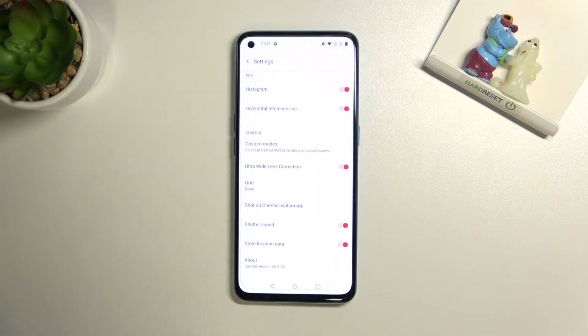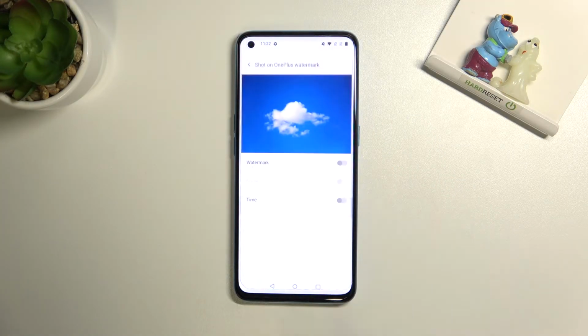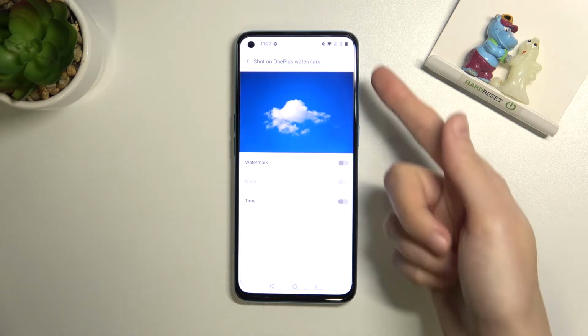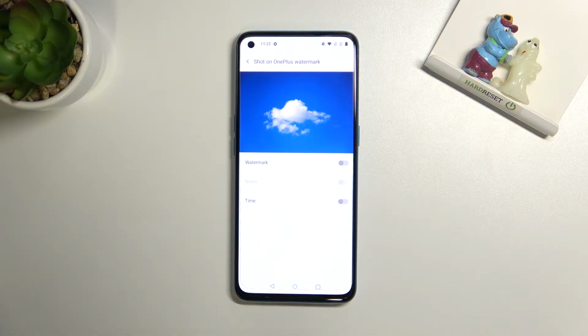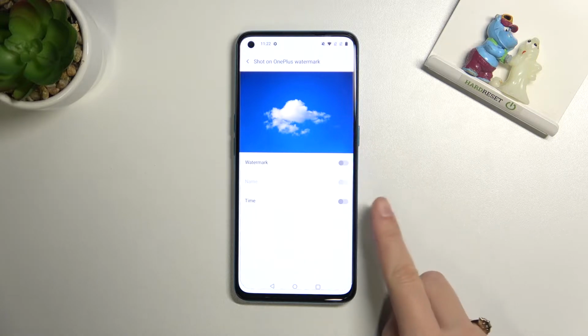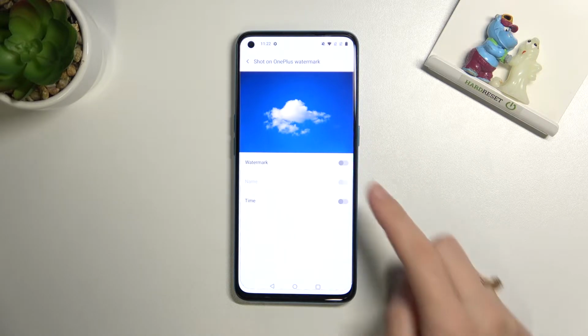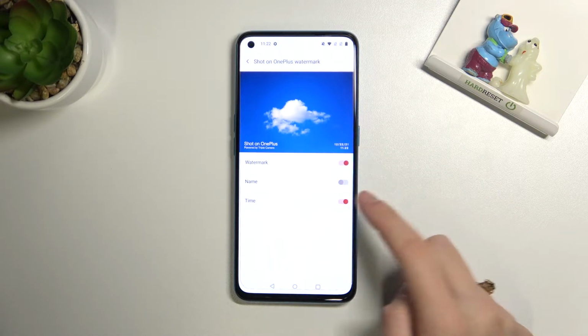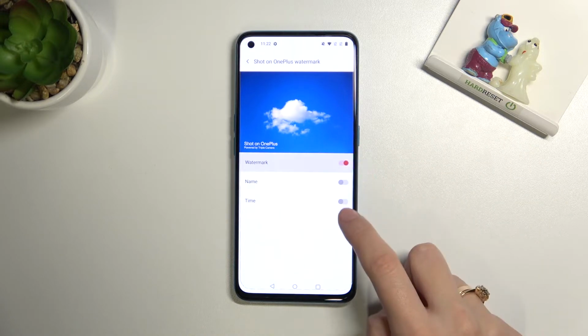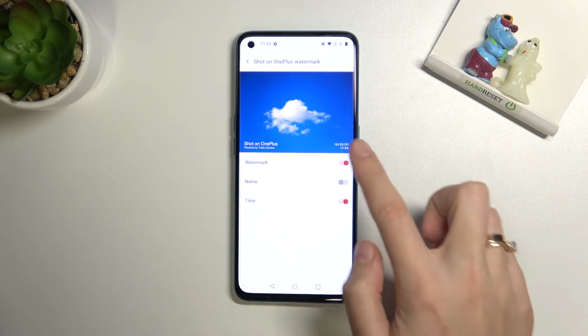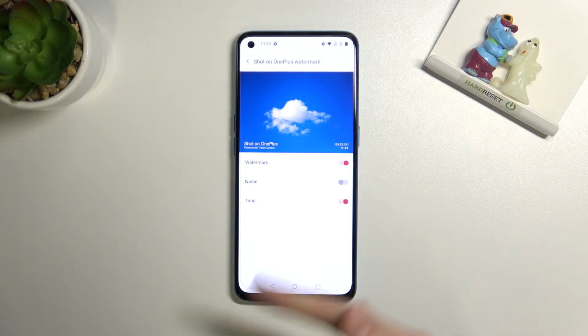Here we can find shot on ONEPLUS watermark, so let's pick it, and here we are. We can add 3 types of watermarks to our picture. Standard watermark and timestamp we can add by tapping on these 2 buttons from the right. As you can see, when they are turned on, we can see them also in shot preview. So from the left we have shot on ONEPLUS powered by triple camera, and from the right we have timestamp,